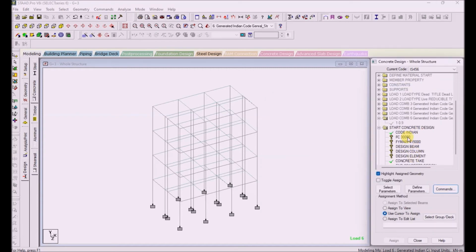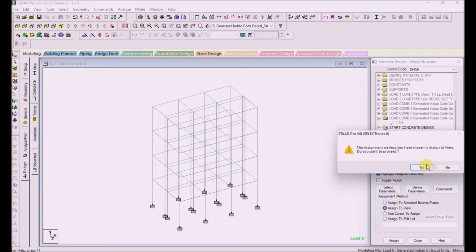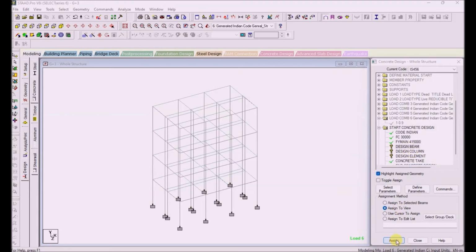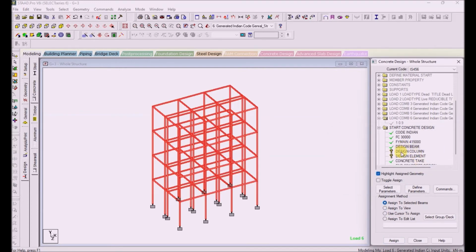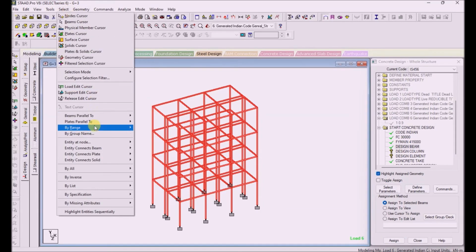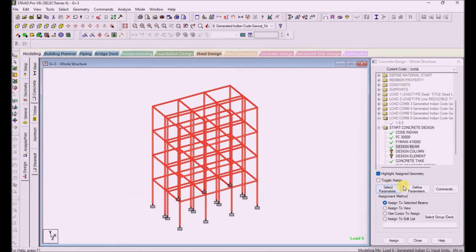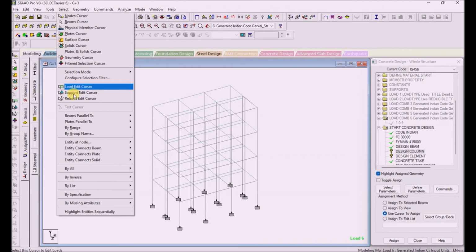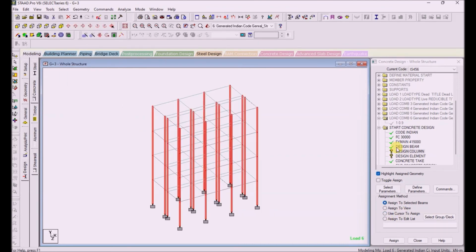Here we can see we have added which we need to then just go for assign to view. Similarly, this for assign to view. If we go for design beam, assign to view. For design, just select beam parallel to X and beam parallel to Z, and assign to the selected beam. Similarly, in design column, just go for this beam parallel to Y axis and click on design to the selected